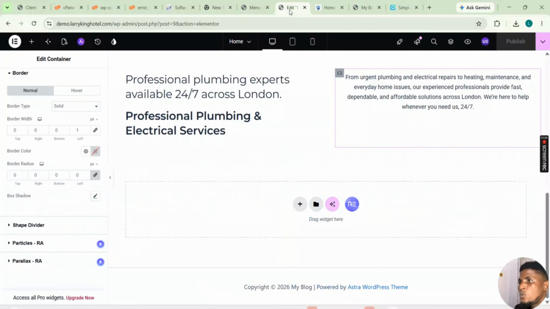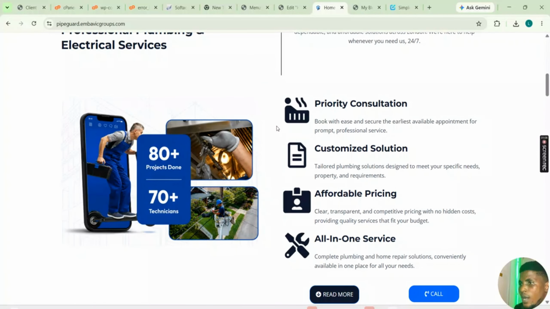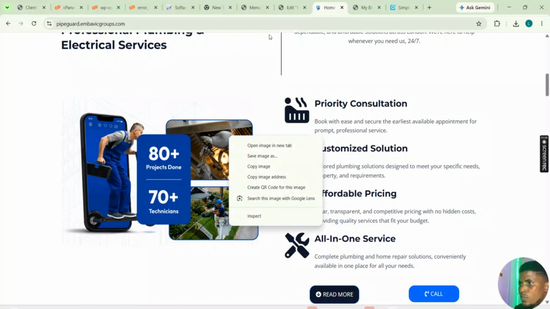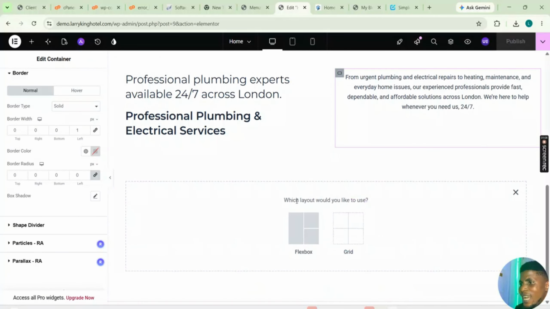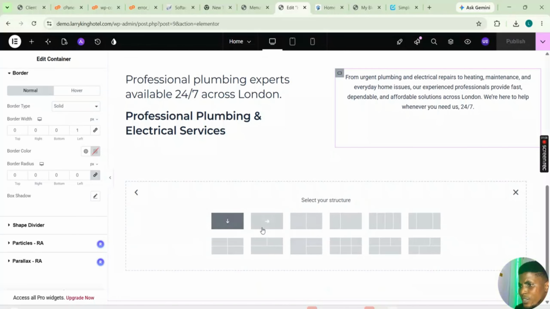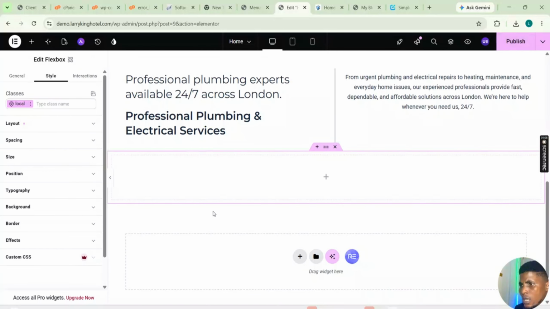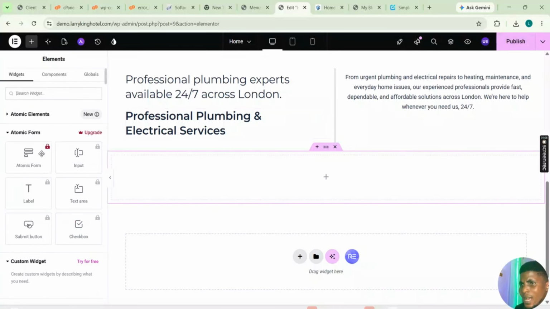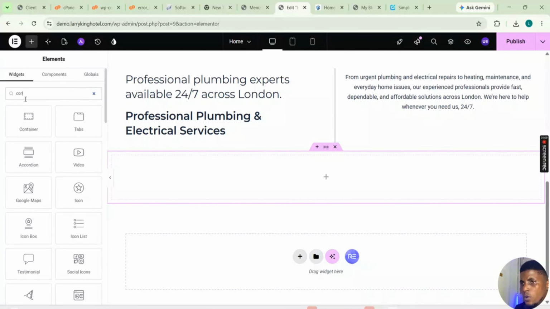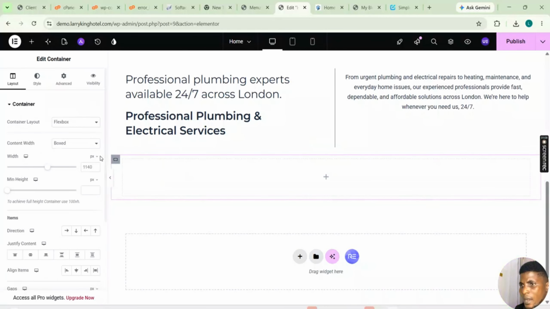So now let's go. What next? We have to add another section. Just come here, add another section, and ensure it's facing this way, and come to container and bring it in. You can just search for container and bring it in and put the size as